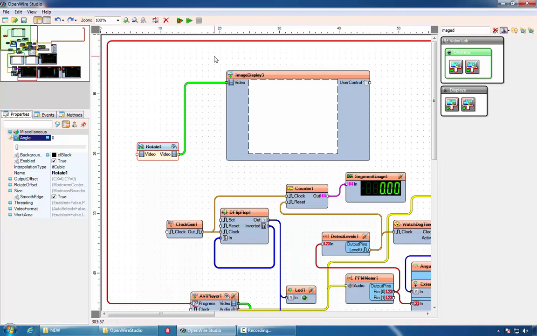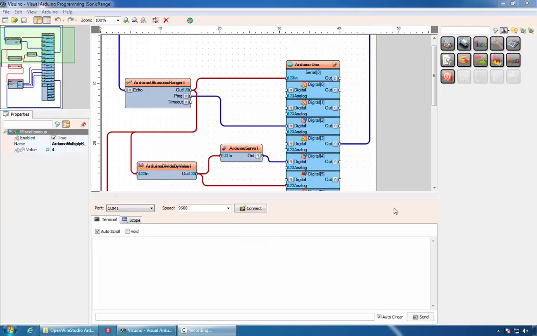We're also working to fully integrate OpenWire Studio with Delphi, allowing you to use OpenWire designs directly from inside your Delphi project. Visuino is a special OpenWire Studio version that allows you to visually program Arduino boards.